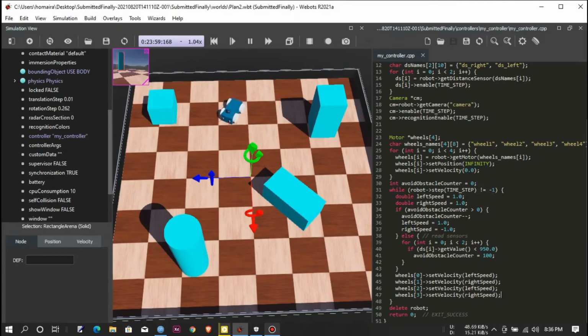To summarize, the while loop is basically checking whether there is any obstacle or not. If it finds any obstacle and its distance is less than 950, it immediately changes its direction by changing the speed of its wheels. While the project is running, this while loop runs, and when we stop it, it deletes the robot instance and returns 0. This is all from my side. The next part, object recognition, will be covered by Humaira.